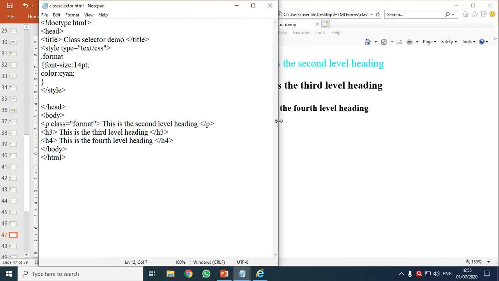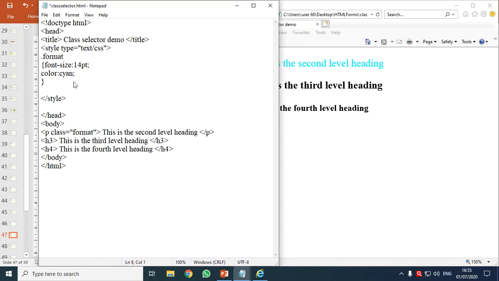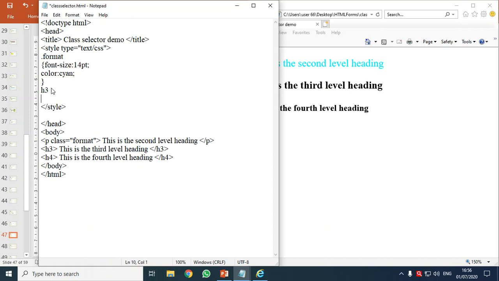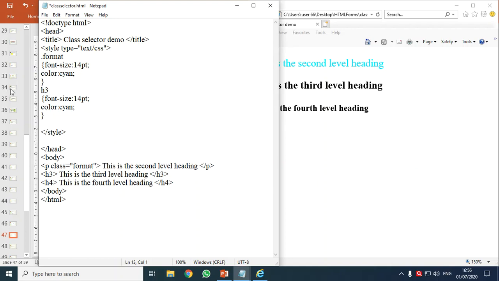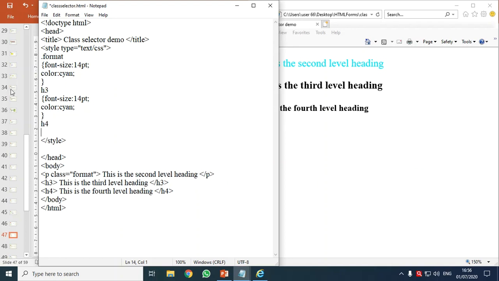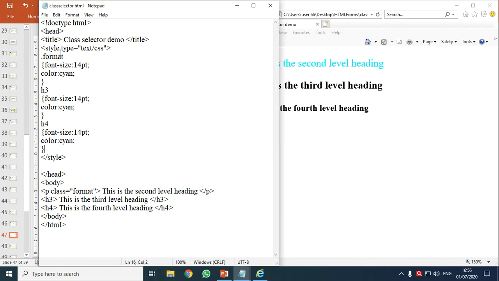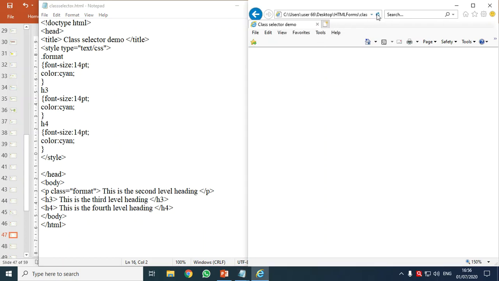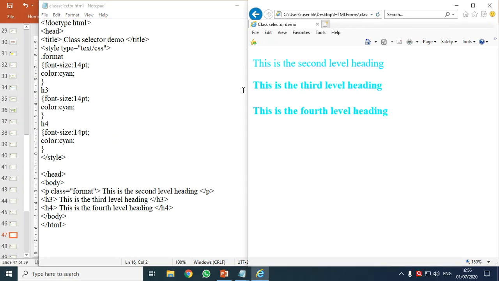Again, will we write like this? H3 and Control C, enter, Control V, again H4, enter, Control V. Okay, what have I done? Copied and pasted it many times, correct? Same formatting feature, so I'll save and reload. Observe what happened. All the three are looking similar, right? Only because this text is surrounded by H3, this has become bold. But all three are coming in 14 point.